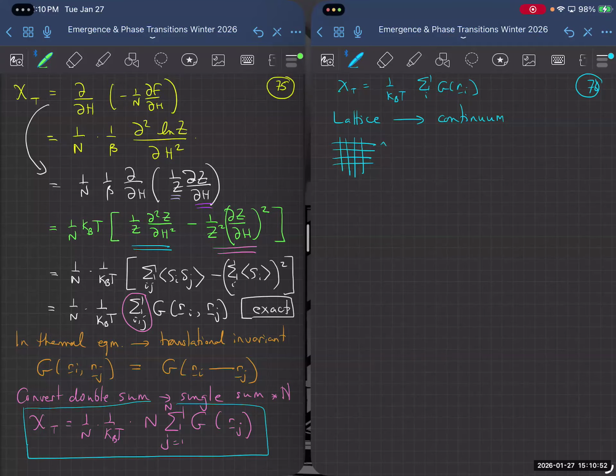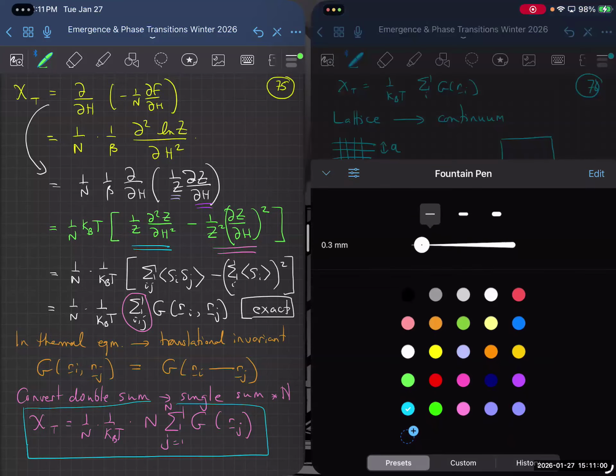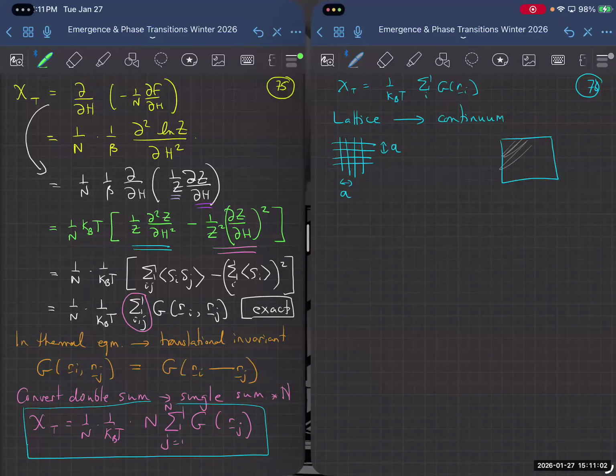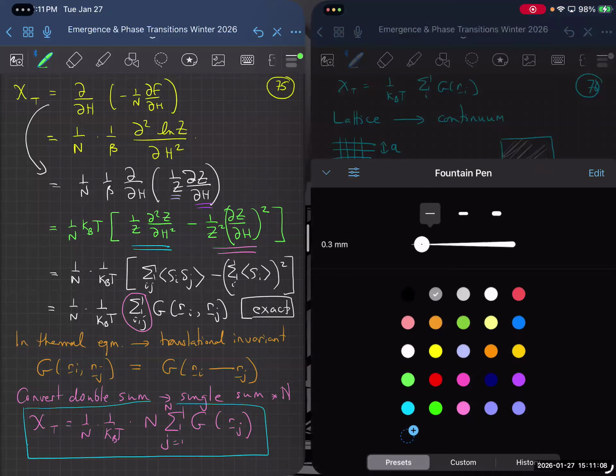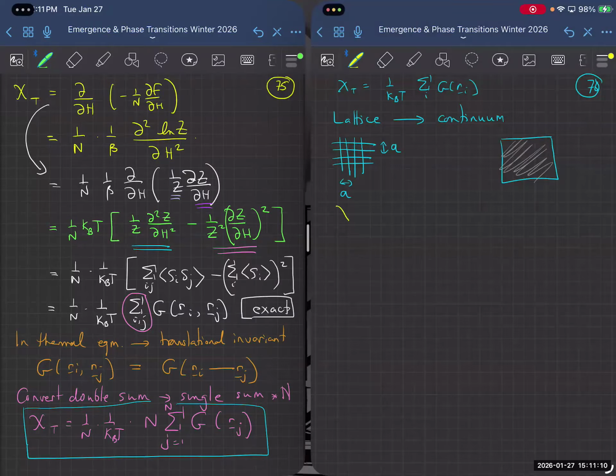Let's suppose the lattice spacing is a, and then I go over into a continuum. So now everything is just some splurge. Then what that means is that I get chi_T is equal to 1 over k_B T, the integral d^d r